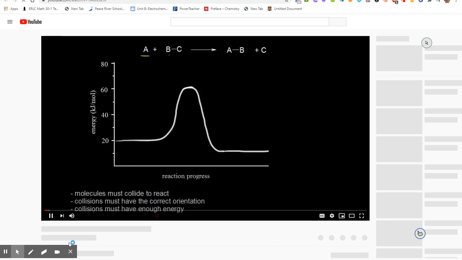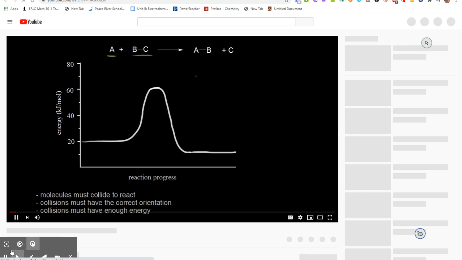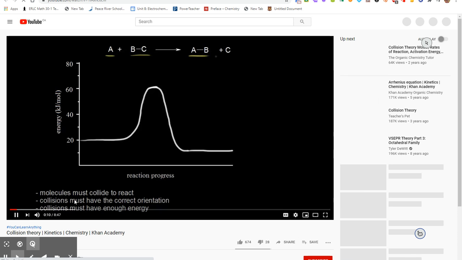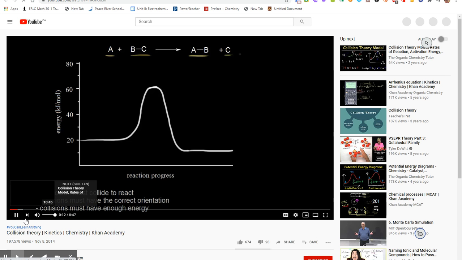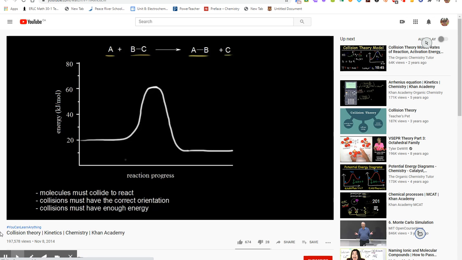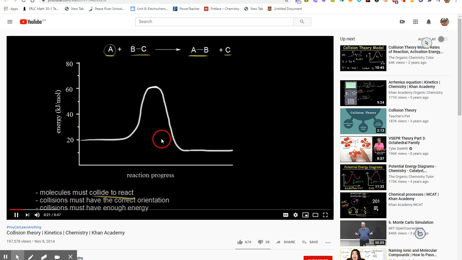We have atom A reacting with a diatomic molecule BC to form one diatomic molecule AB and C. According to collision theory, molecules must collide to react. So in this example, atom A must collide with molecule